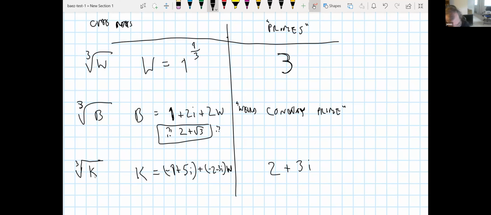I mean, right, so we have these 13 different fields corresponding to these 13 different subgroups. But out of those 13, there are really 3 important ones, right? Because the 13 is really just the projective plane from a 3-dimensional vector space. And that 3-dimensional vector space has a 3-element basis. And that's what these 3 things, W, B, and K, are corresponding to, this 3-element basis. Do you get all the 13 fields by taking the